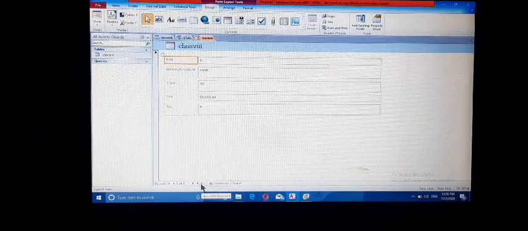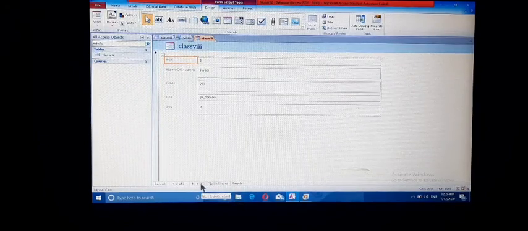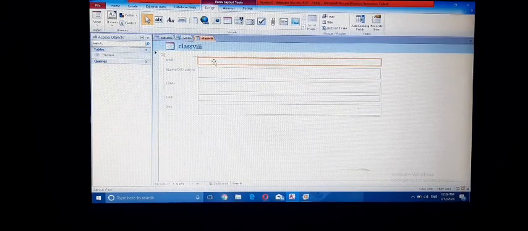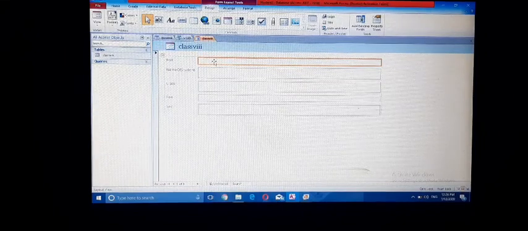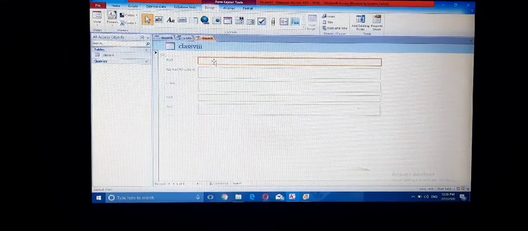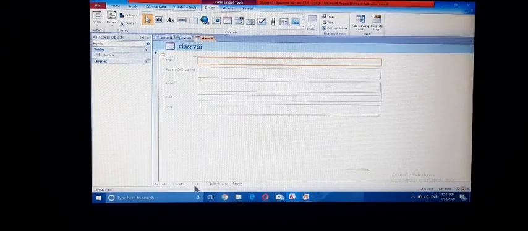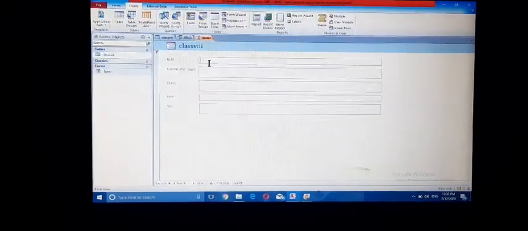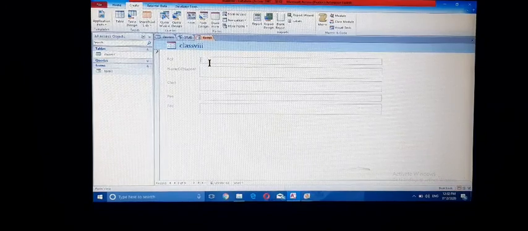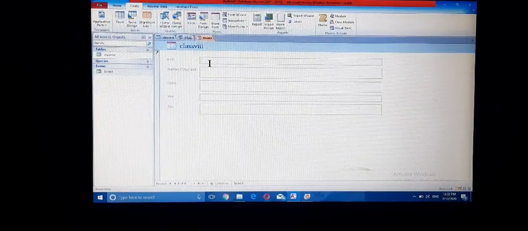To enter a new record, click on the new button here. Okay, here you can enter a record to the table class 8. Roll number 9, it is a convenient way to enter records into the table.